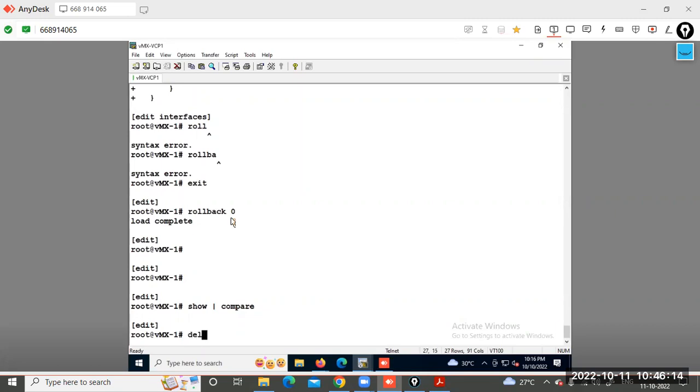If I say delete, now I'm in the edit. Can you see that I'm in the edit because I had to come out? So I have to write the full command. It is interfaces, under the interface loopback 0. Under the loopback, the logical unit is unit 0. I'll say add